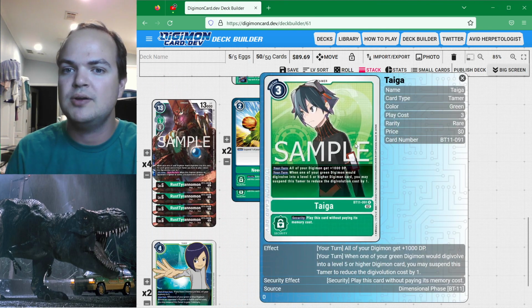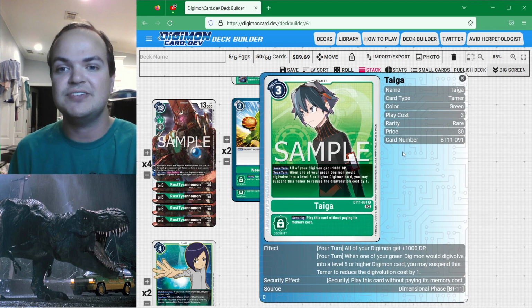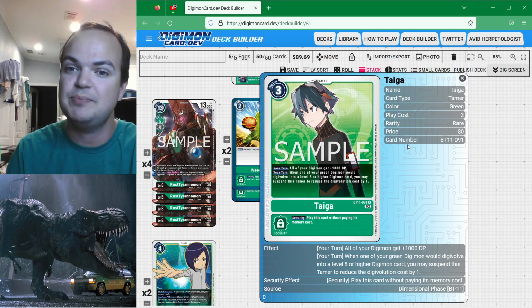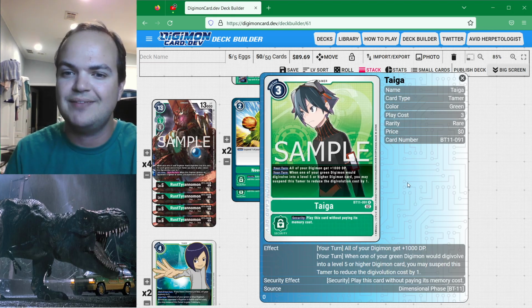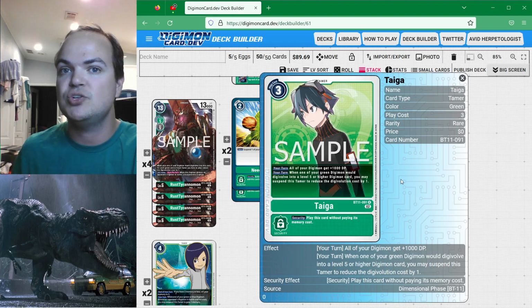We'll start with our new Taiga from BT11. This Taiga has an effect. It is 3 to play, so it can be cheated in out of the new BT11 Tyrannomon. On your turn, all of your Digimon get another plus 1,000 DP, so more DP buffs. And when one of your green Digimon would Digivolve into a level 5 or higher Digimon card, you may suspend this tamer to reduce the Digivolution cost by 1. So this Taiga is basically going to help us go into our, for instance, Metal Tyrannomons or Master Tyrannomons without